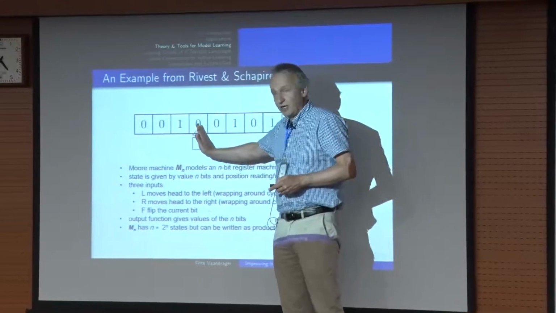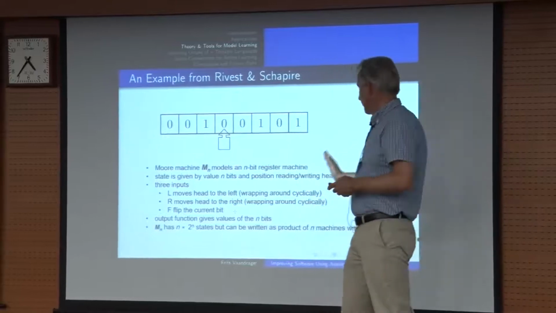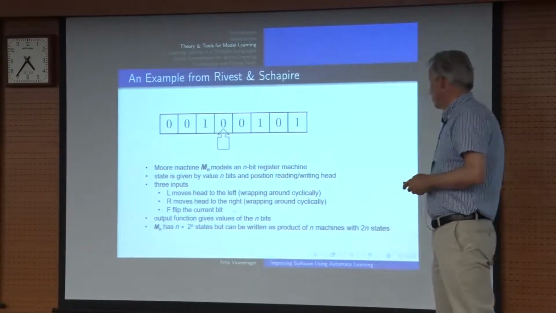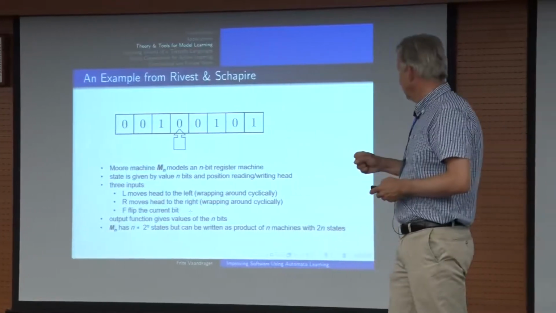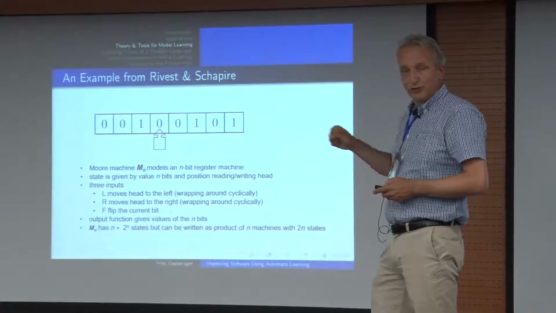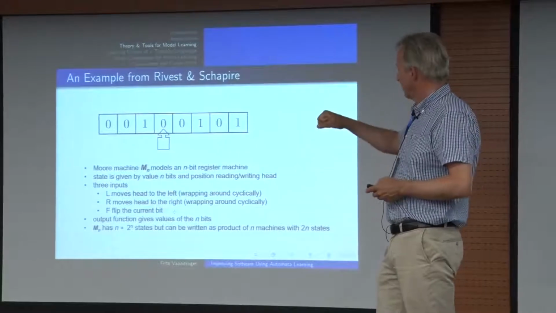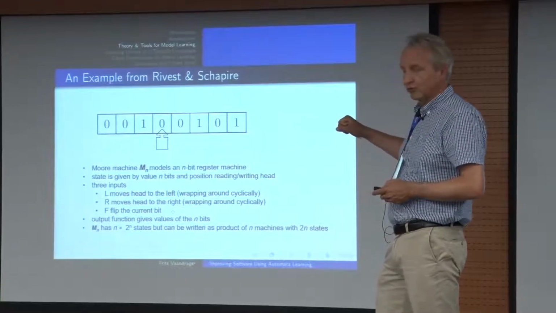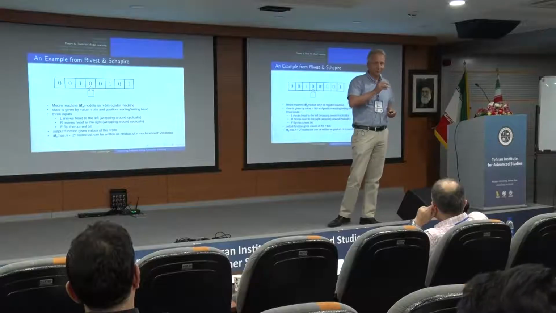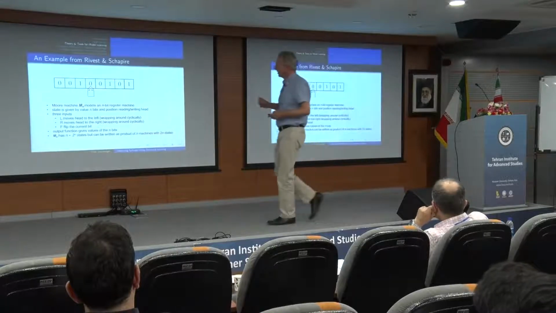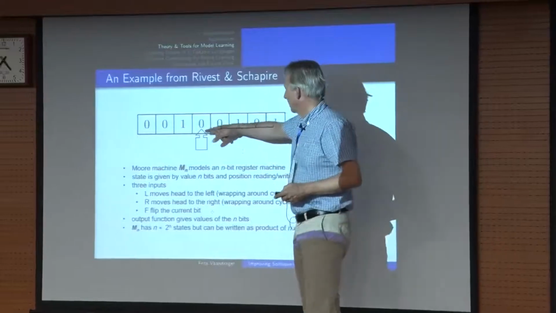And then there is a head which may move. And so there are three input actions. You can do an L, and then the head moves to the left cyclically. You can give an R, then the head moves to the right cyclically. And you can give an input F, and then the current bit, the bit where the head is right now,